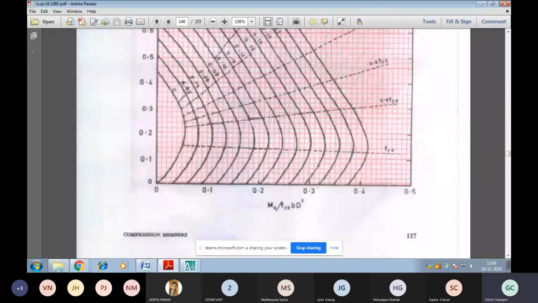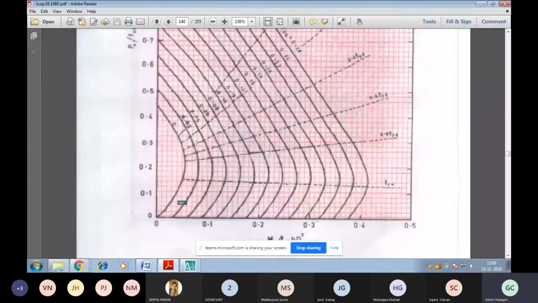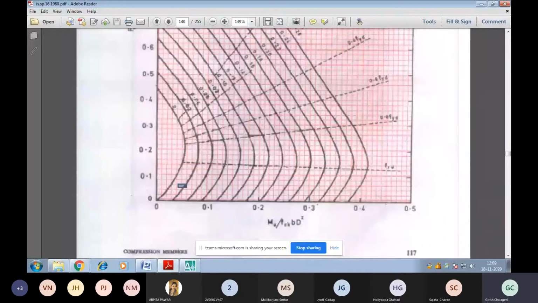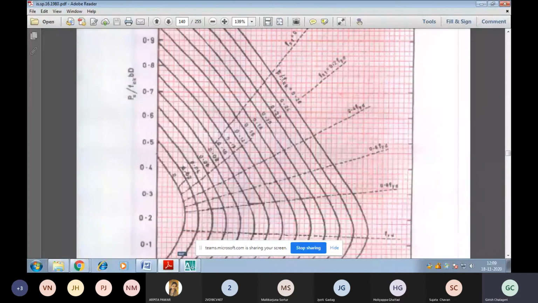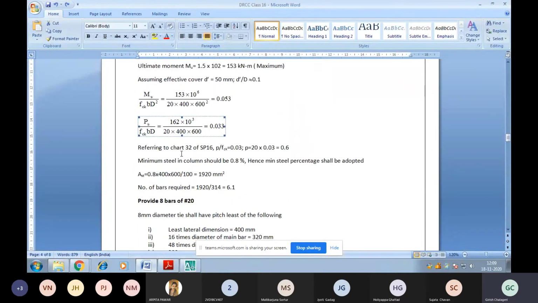Let us show it in a small direction like this somewhere here. So here we can see when we check this line, we can see this line I'm showing along this. Here we got 0.0, 0.02, 0.06 until we get here. This is nothing but p by fck equal to some coefficient. So p by fck will be 0.02. So if we look at this from the table chart, p by fck is equal to 0.03.